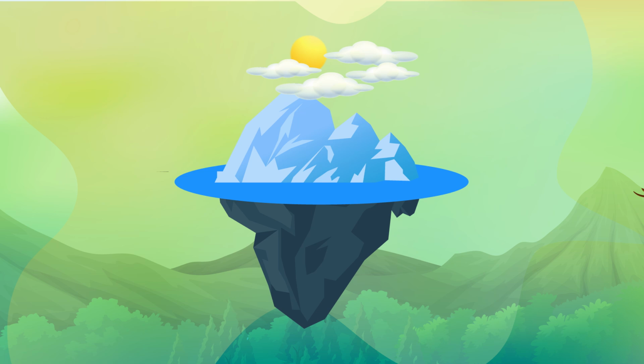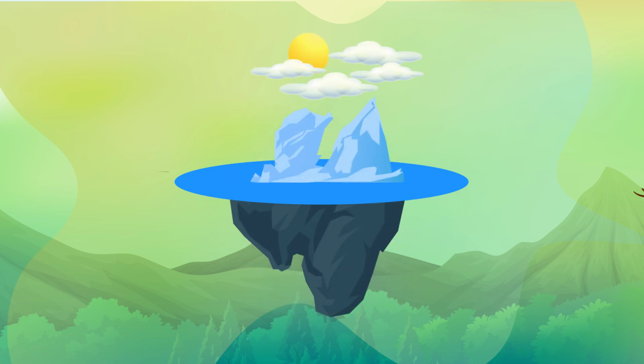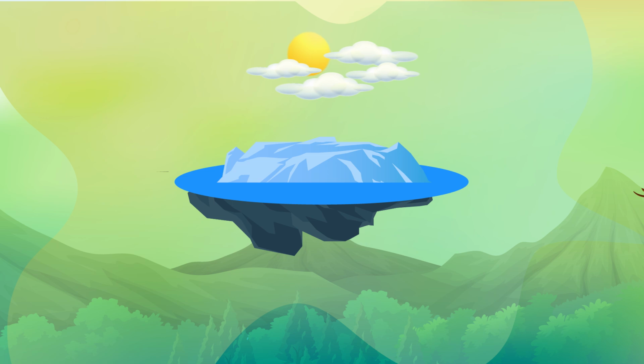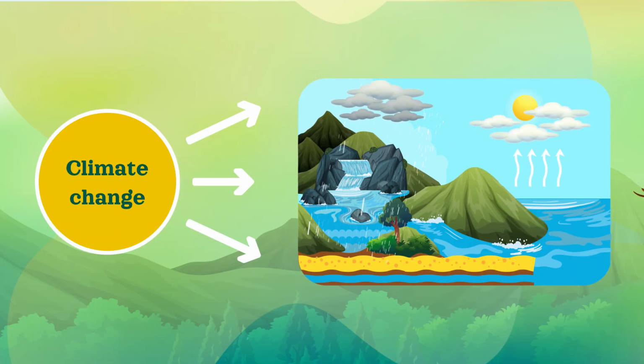Climate change has significant consequences for natural environments and ecosystems. Rising global temperatures lead to the melting of polar ice caps, resulting in higher sea levels and the loss of habitats for species like polar bears. Additionally, altered weather patterns cause more frequent and severe storms, droughts, and heat waves, stressing plant and animal populations. These changes disrupt food chains, leading to decreased biodiversity as some species cannot adapt quickly enough to the new conditions. Ultimately, the health and functionality of ecosystems are compromised, affecting human communities that rely on those ecosystems for resources and